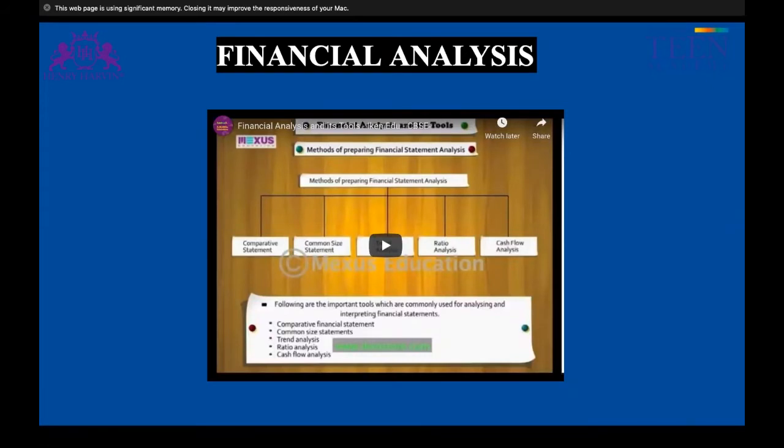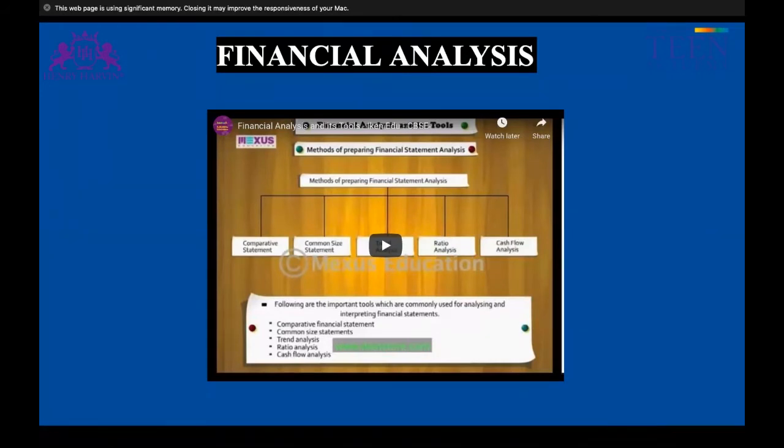Here, we're going to talk about all the financial analysis. Any idea what is financial analysis? No? Okay, let me get you through this. So when we are talking about financial analysis, it is actually the analysis or the assessment of the viability, stability, and profitability of the overall business, sub-businesses,